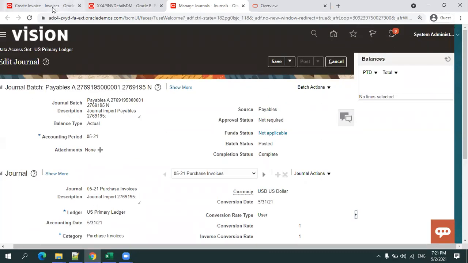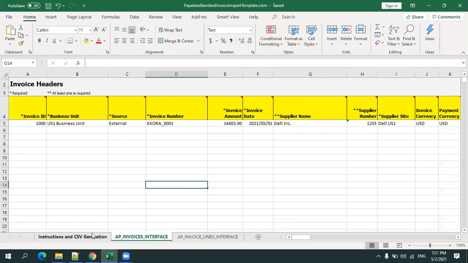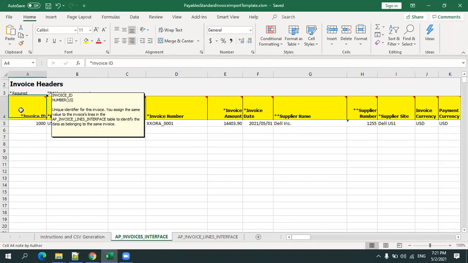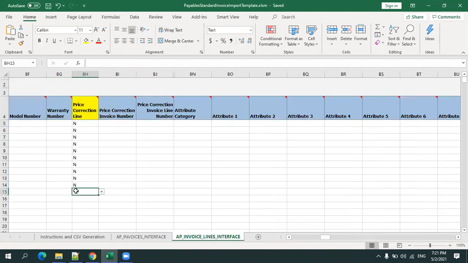Now, let us get into the next task: how do we create the FBDI file, right? This is my XLSM template. I'll go fast in this one. The primary columns are highlighted in yellow. Invoice ID is, let us say you want to load multiple invoices using this template, for each invoice you have a unique key, and the respective lines have information too, right?